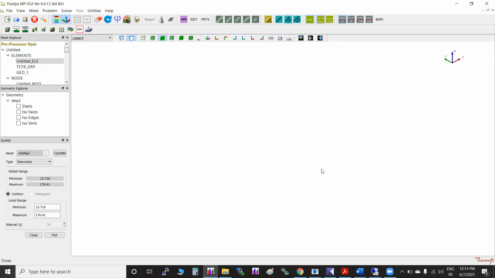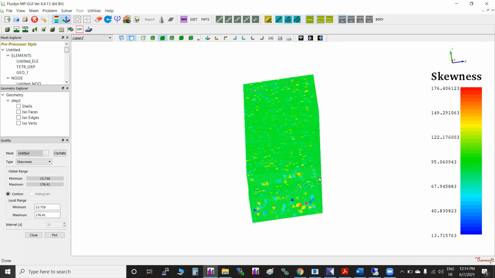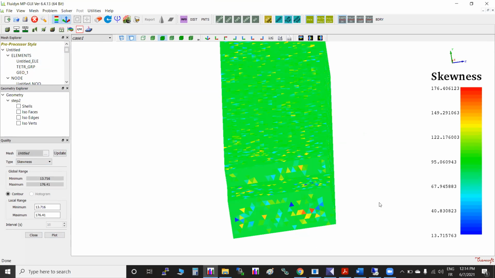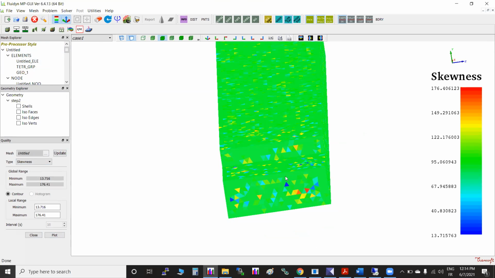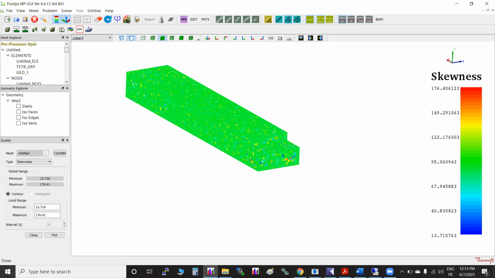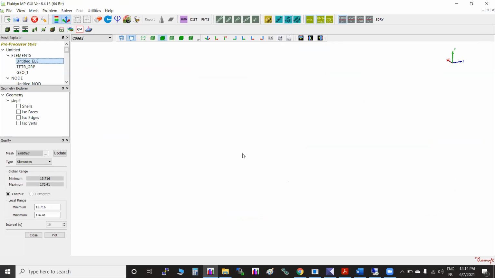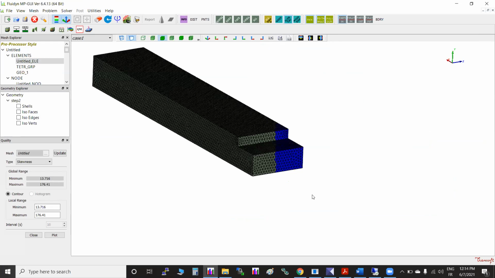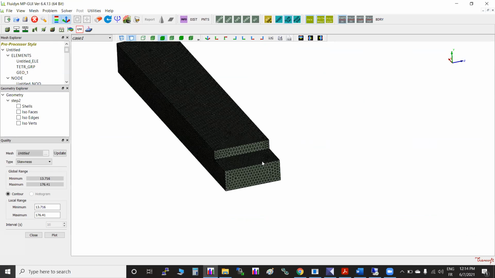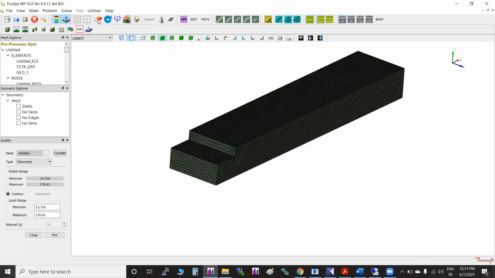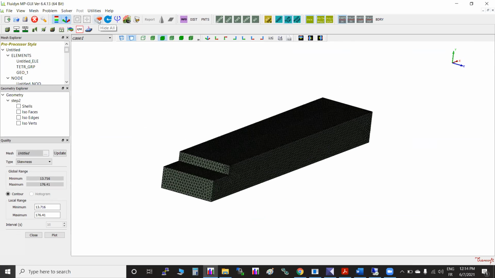Here it is showing some locations which are not good, which you need to work on. You can identify the location and work on it. One can take a particular part, save it as a new mesh, and then on this mesh only we can perform some refinement options to avoid large elements there. So that is also possible. This is another way, direct 3D using the quick mesh option. Previously it was 2D then 3D.